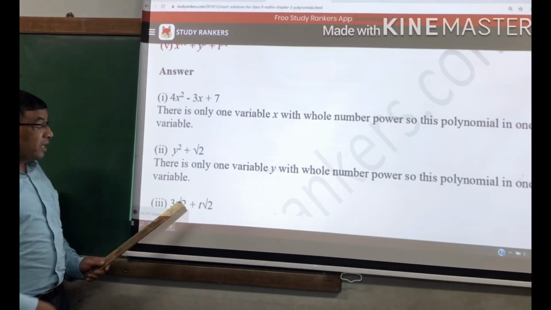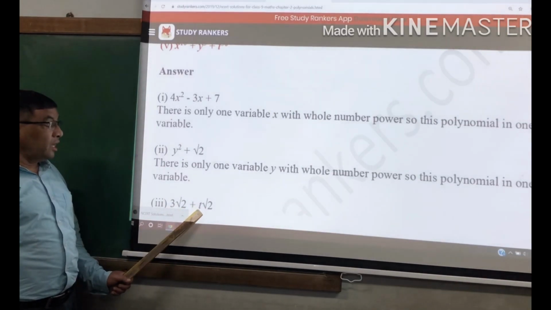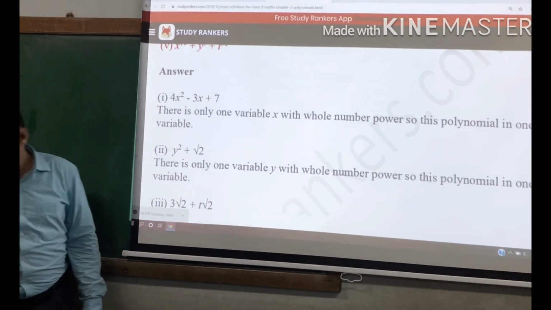We see the next one, which is 3√t + t√2. Now in this one,